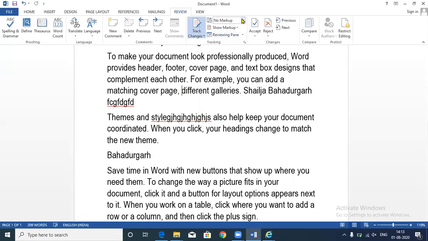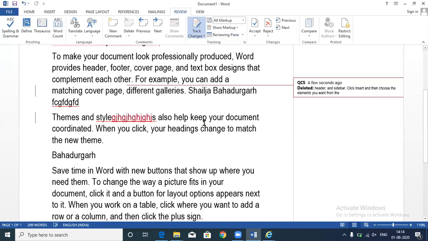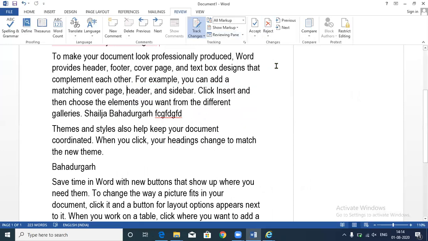The person will come, make the changes and leave the system. You will come to your place and click on all markup and you can see what changes someone has made to your document. And in that case, you can click on reject all changes. You can reject those changes from your system. For example, the person still knows about this also. The person comes to your place, turns off the track changes and then does some editing, and after editing turns on the track changes. In that case, what can you do? Nothing.